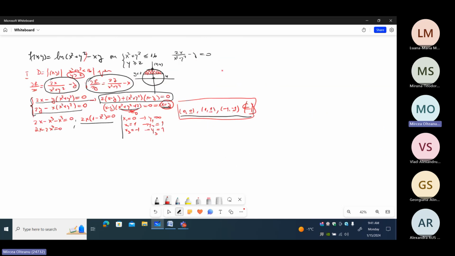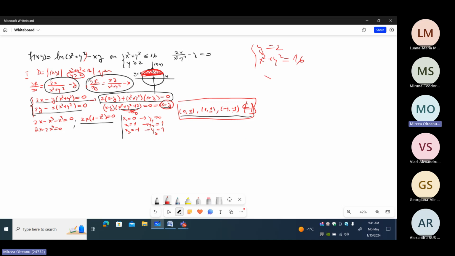Let's see on the border. Now, attention, the border means this one together with this one. Here we can consider two problems. One problem on this set, on this piece of a circle, and the other one when y equals 2, but attention, y equals 2 and x squared plus y squared equals 16